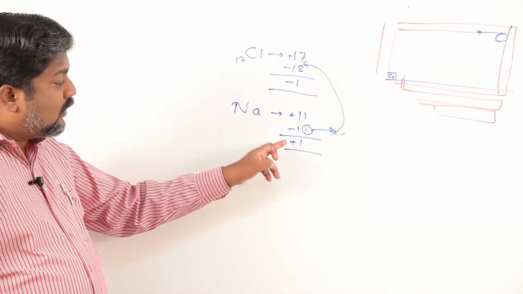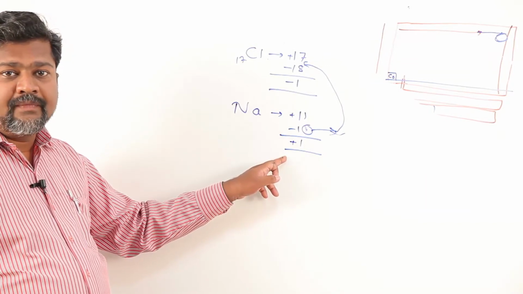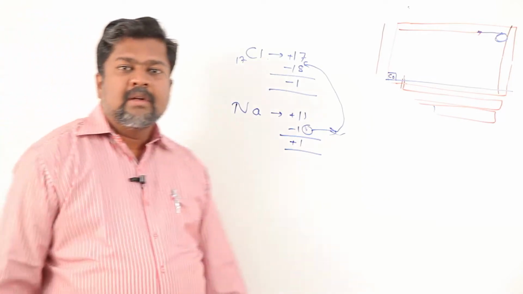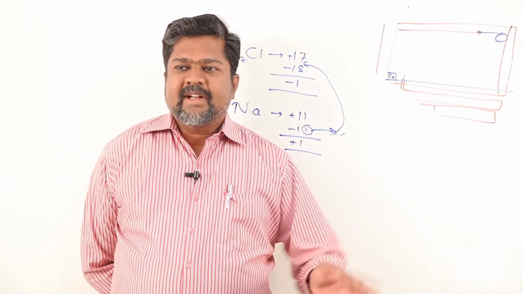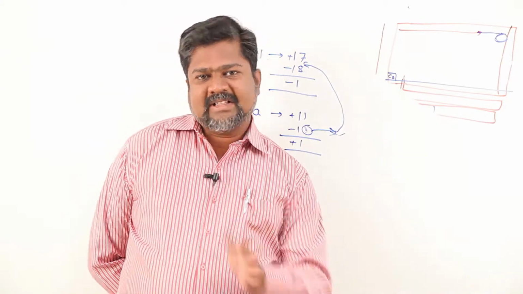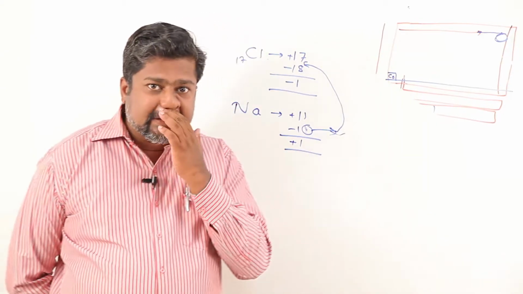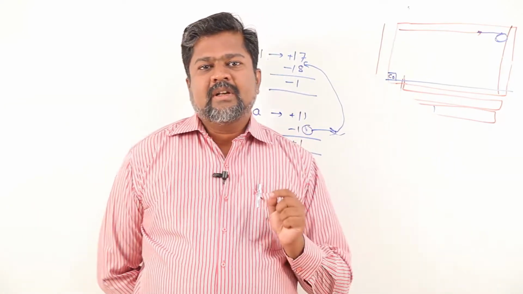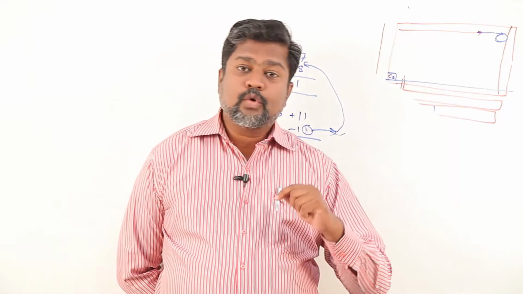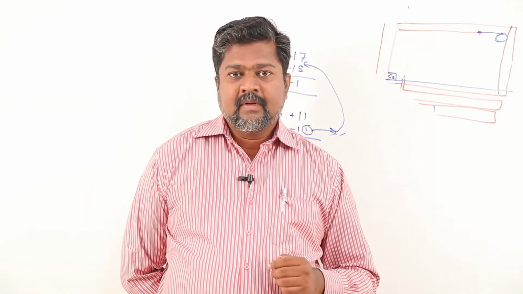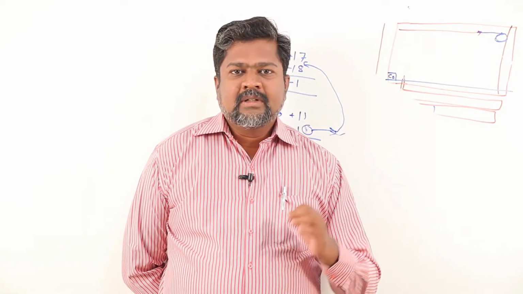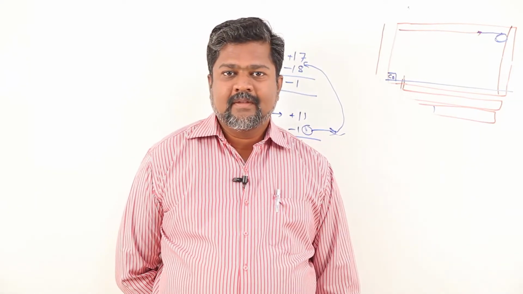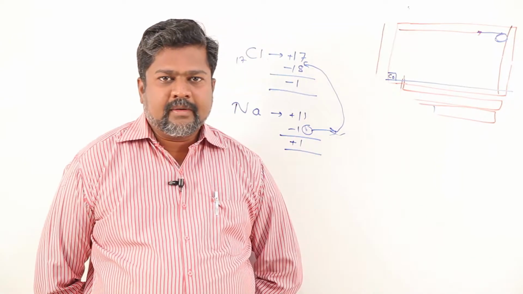We discuss all this in chemical bonding part, but here it is important again, so I am showing. So what is the tendency of sodium to form positive ion? By losing out electron, whereas the tendency of chlorine is to form negative ion by accepting electron. So this is non-metallic character. So what is metallic character? Tendency to donate electron and form positive ion. What is non-metallic character? Tendency to acquire electron and form negative ion. So this is important character.